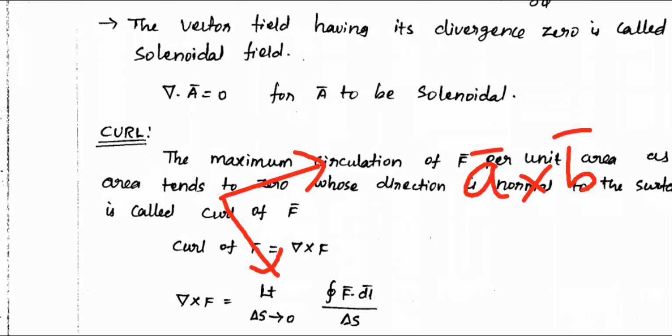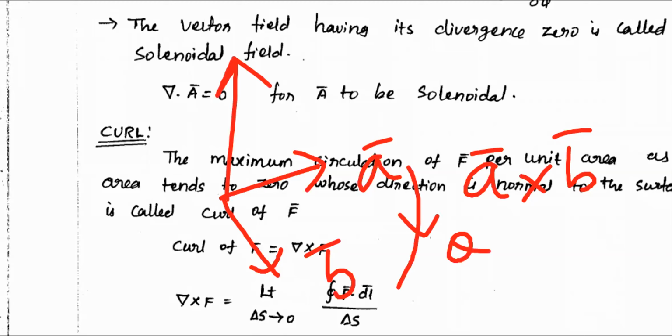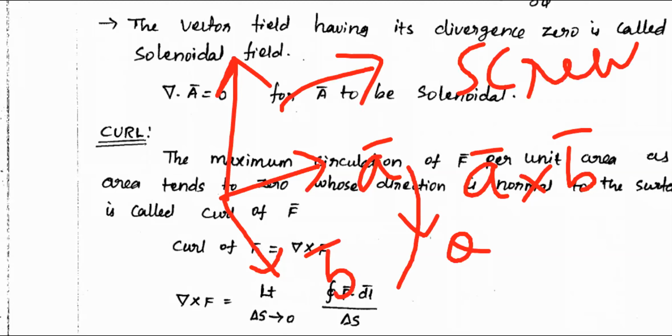And I told you, if it is A and if it is B, if you are physically rotating this vector along this vector, based on the angle you rotate each time, you will get some result in the perpendicular direction to the plane formed by the two vectors, A and B. Again, in the example, what did I tell you? Screw. Once you rotate the screw in one plane, what's happening? The screw is penetrating.